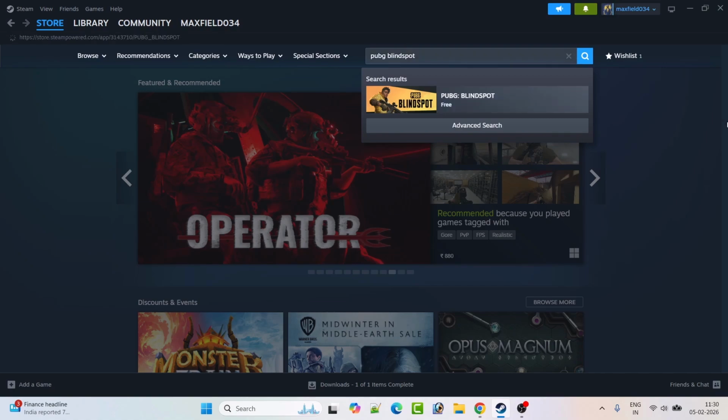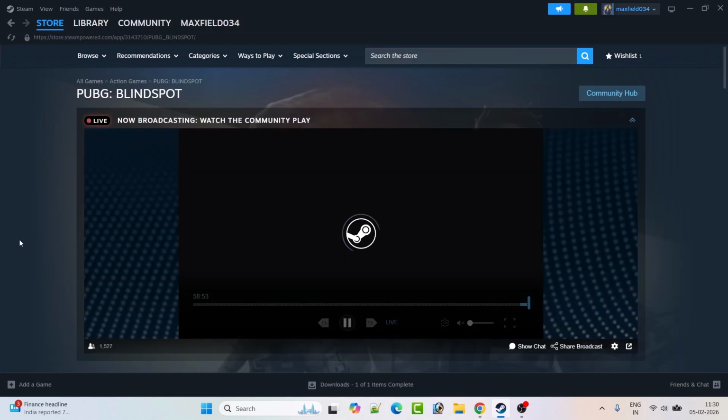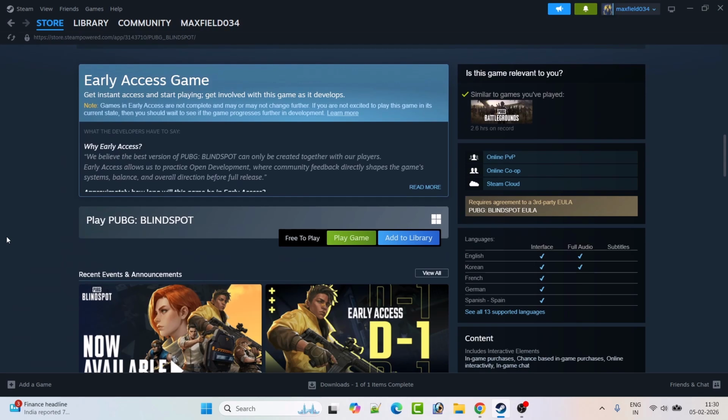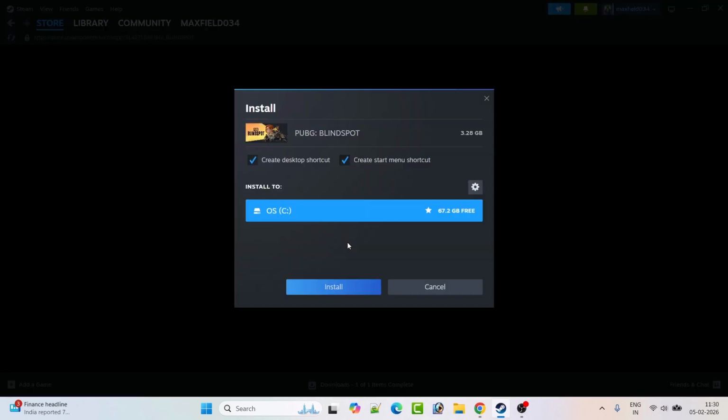Click on this, then scroll down, and you can see play PUBG Blind Spot free to play. So click on this play game button, and then you will see the install button. So click on install button,